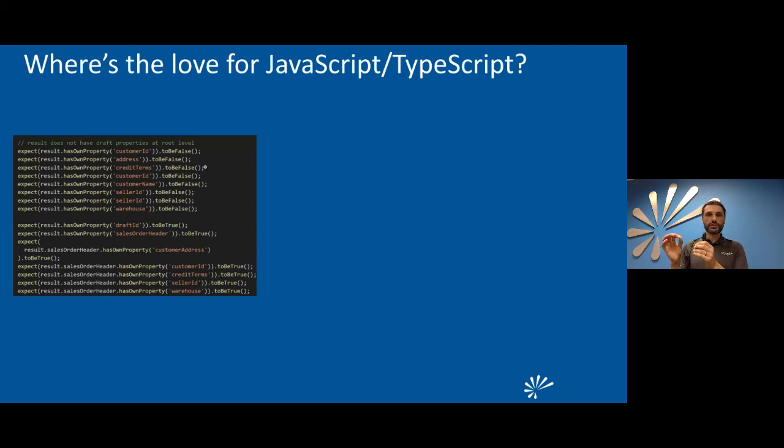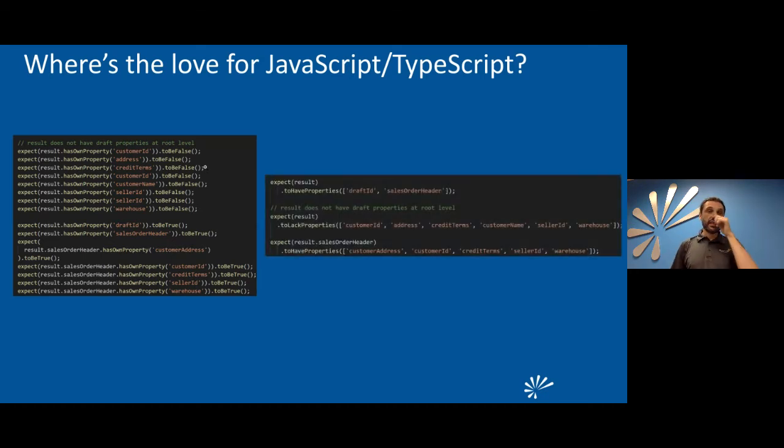So I wrote the code I would like to see in the test, even though I didn't have the code. I don't know if the library supports this kind of notation, but let me write what I would like to see. And then I came up with something like this, right? Expect result to have properties, bang, because that's what the test was doing.